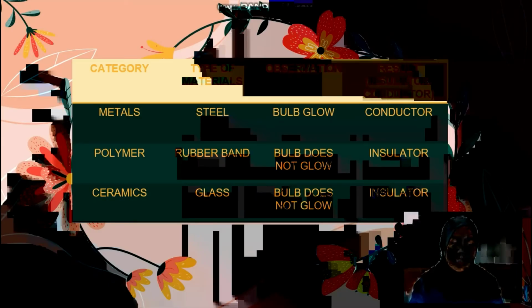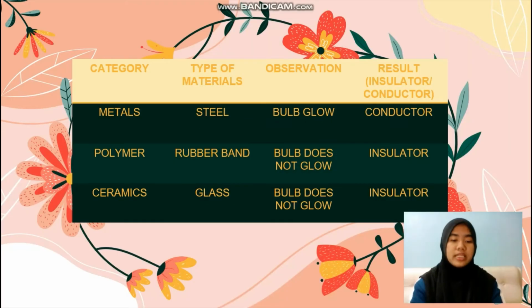Okay, for discussion, before testing each object, the bulb should light up without its power switch by connecting the battery compartment directly to the bulb using two wires. Adding a third wire allows us to create a switch. When touching the rubber band to the free wire ends, the bulb does not light up because the rubber band is an insulator. No current can flow, so the bulb stays off, the same case with glass, as an insulator has low electron mobility.